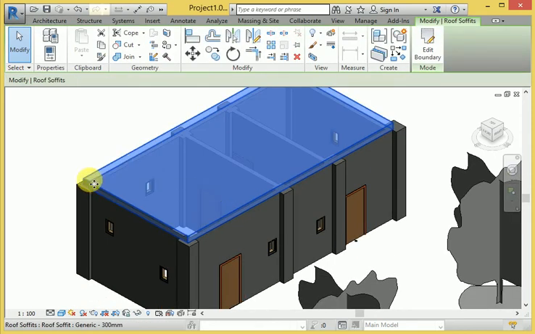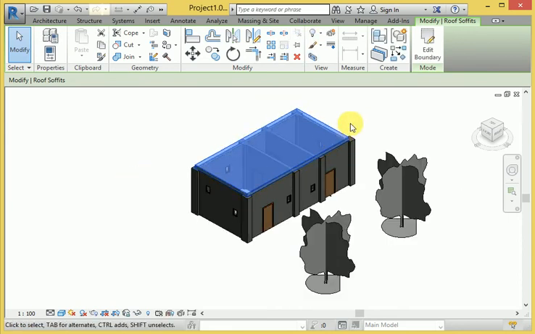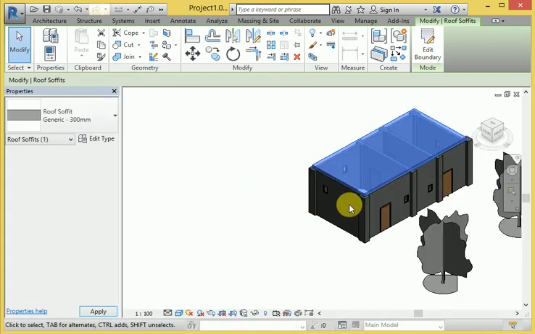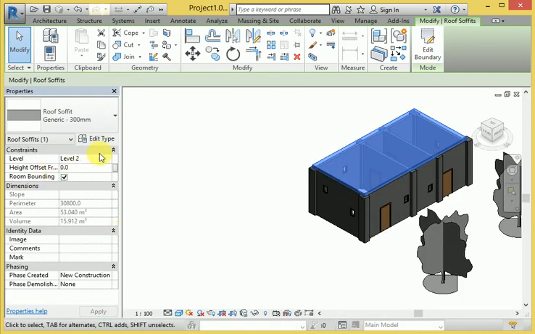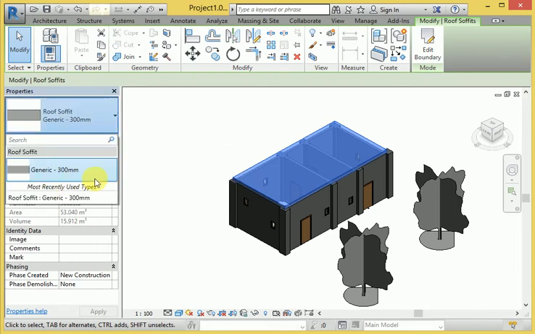If I change this thickness here, this wall has become a standard wall. Look at this. When I want to see this level here, level 2, let's get this right now. Look at this. This predefined value is already available, and its size is also available in this roof here.